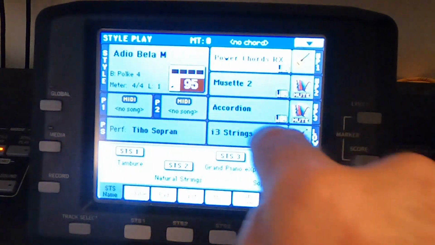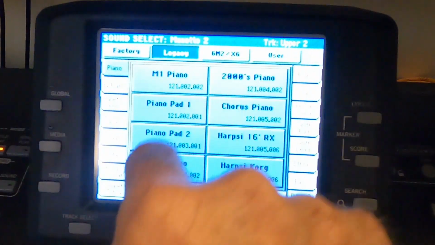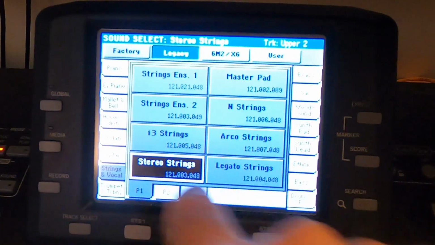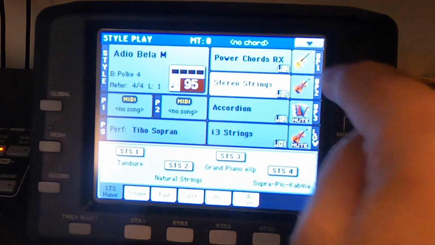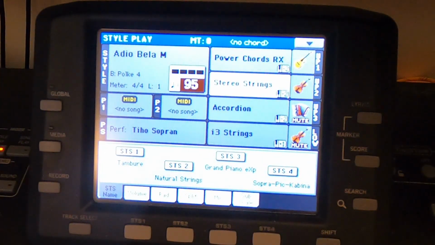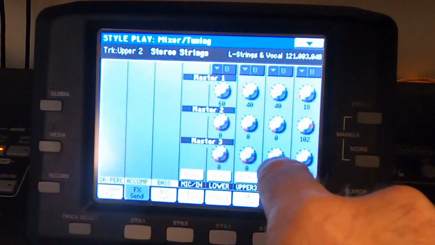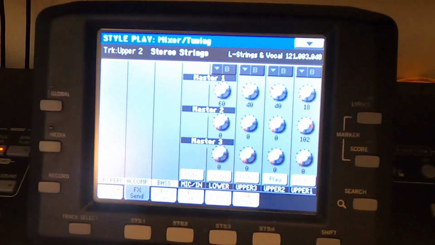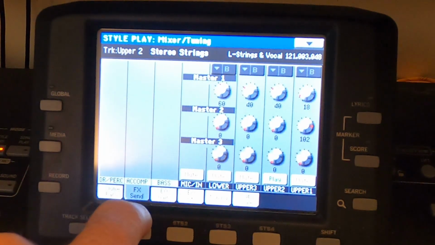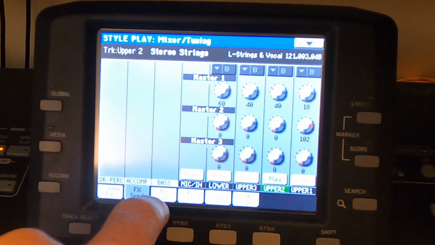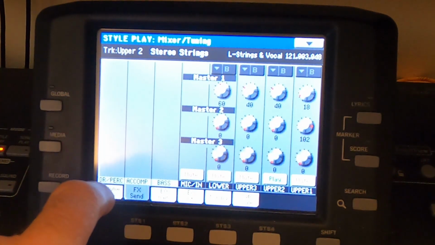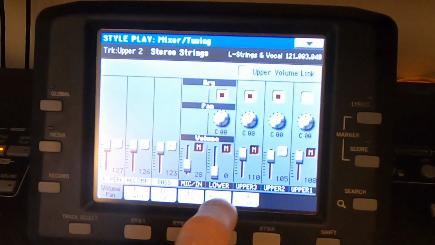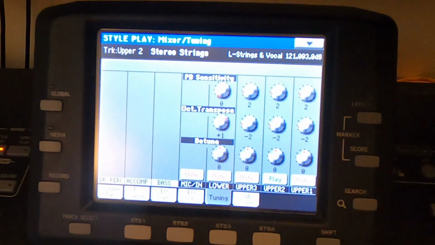I do not need, if I have here, for example, violins, some kind of string, background string, stereo string. So in stereo string that I have beside guitar, I don't need distortion there. So I will just get rid of cabinet effect and distortion effect, and then I am getting... I can go to tuning, I can change